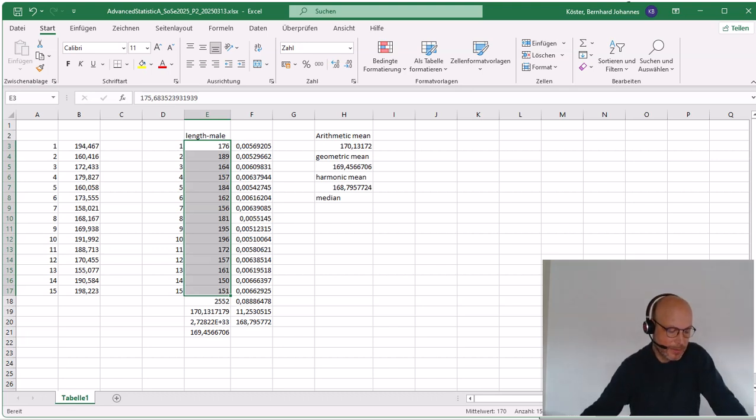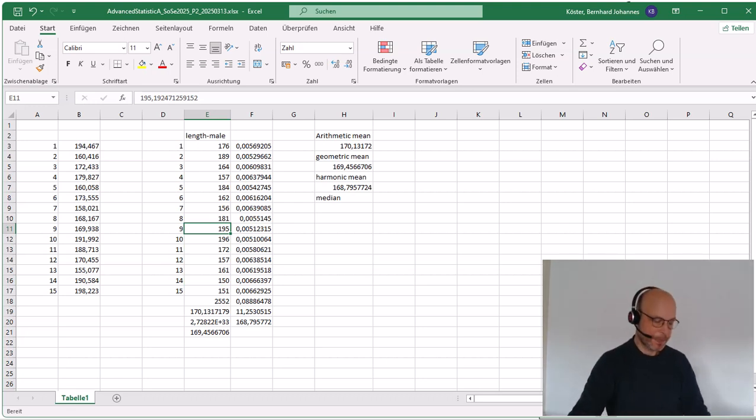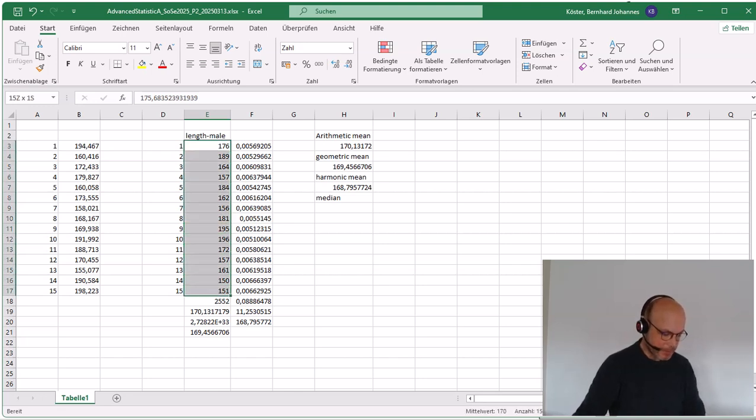And for this, we then need that we order these data points from the lowest, this is, I think, here 150, to the largest, and this is supposed to be 195. Well, of course, doing this,